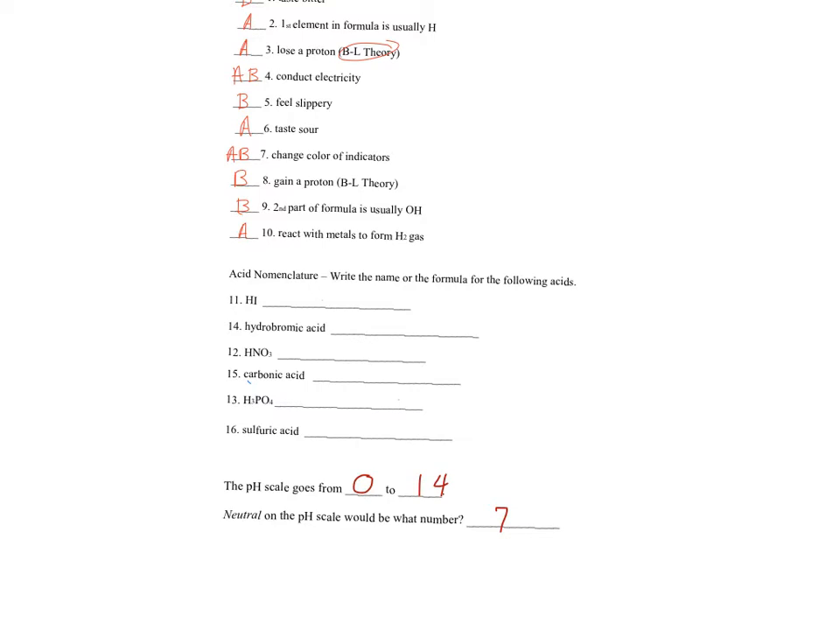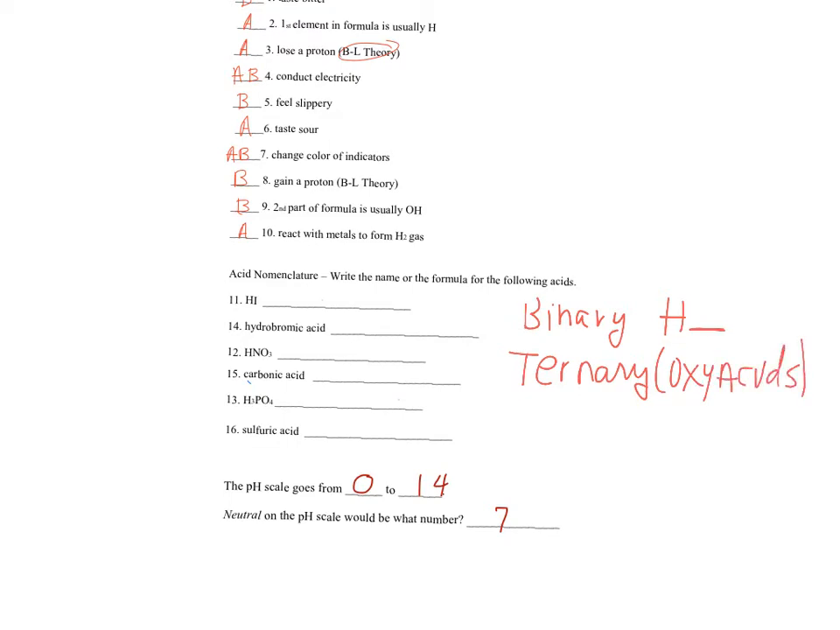When you name acids, the most important thing to look at is whether the acid is binary, which means two elements, H and something else, or ternary. The ternary are also called oxyacids, and it usually involves hydrogen, another element, and then some kind of oxygen. So 1, 2, 3. Number 11, for example, is a binary acid, and because it's a binary acid